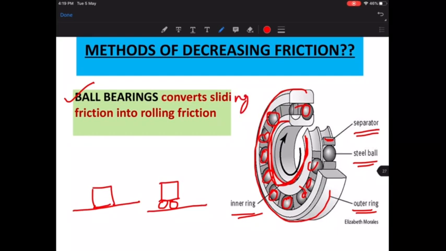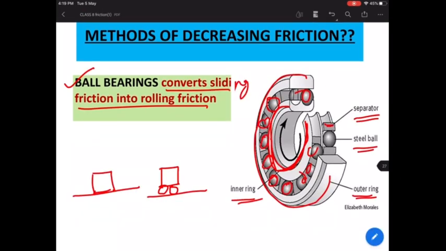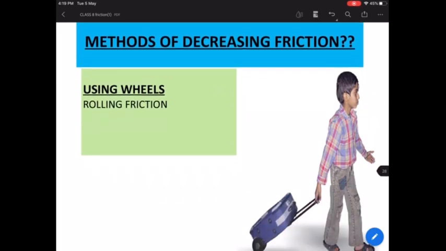And if you see, these balls are rolling inside. So what this ball bearing does is, more than that, you need not actually go deep into the parts and the working of the ball bearing. This much is enough for you. Understand that and get to know that they convert the sliding friction into rolling friction. What is sliding friction? What is rolling friction? We are going to now talk about it. So by using the ball bearings, we are going to reduce the friction. So this is the second. First one was using lubricant. Second one was by making use of ball bearing.